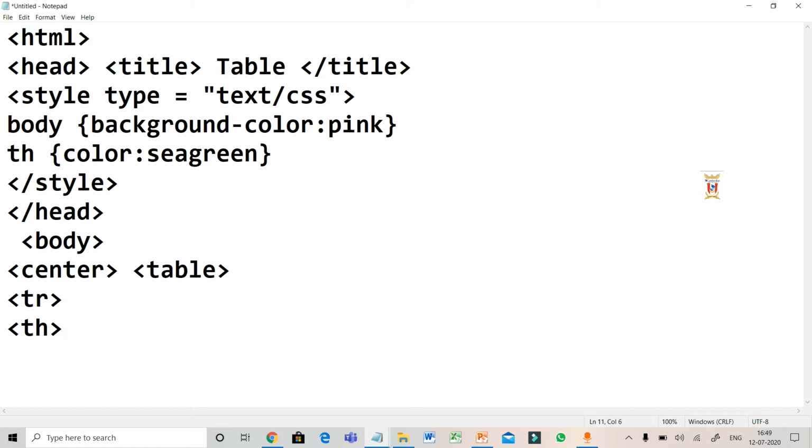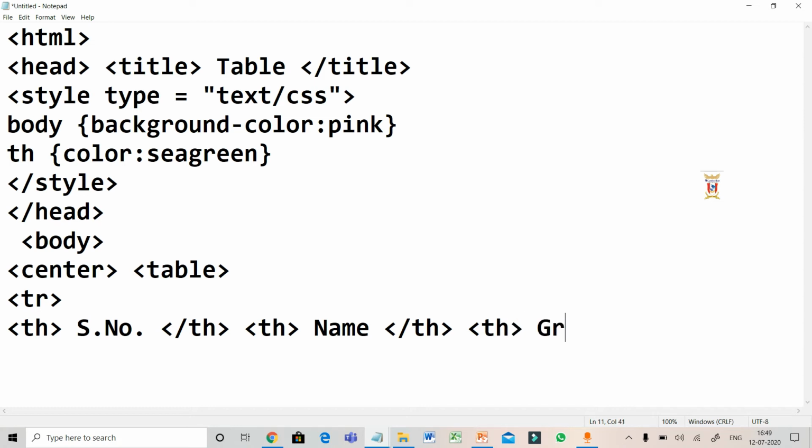The first heading of the column is serial number, closing the th. The second heading is name, and the last heading is grades. This is the end of my first row, so I'm closing the tr tag here.